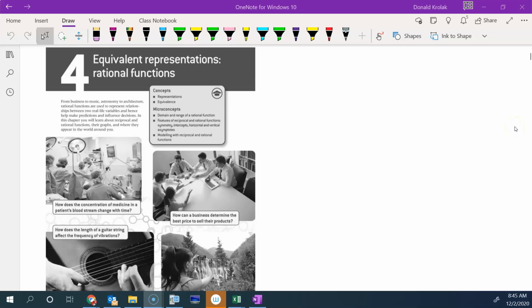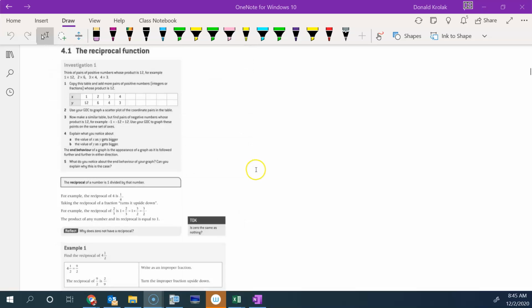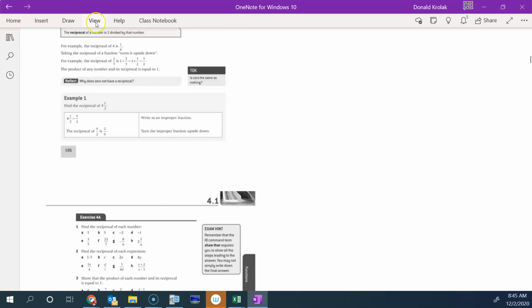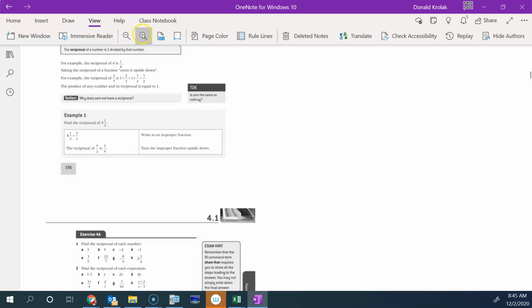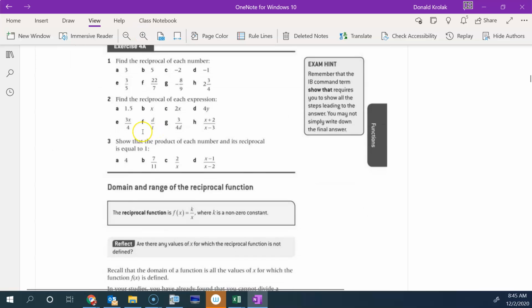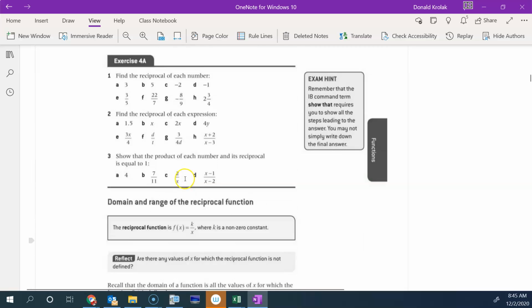Life applications of quadratic functions, there's definitely real life applications of a reciprocal function. Now, all a reciprocal is, guys, is if I wanted to find the reciprocal of a value or a number, you're basically just writing it, you're expressing it as a fraction, and then you're just exchanging the numerator and the denominator. So if you look at this page in your packets,